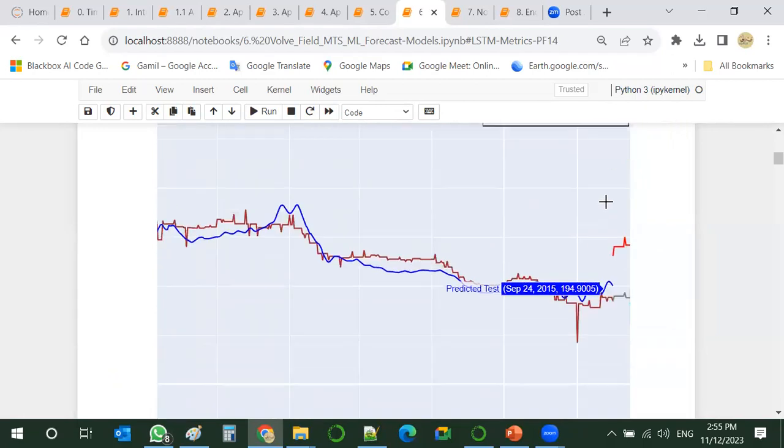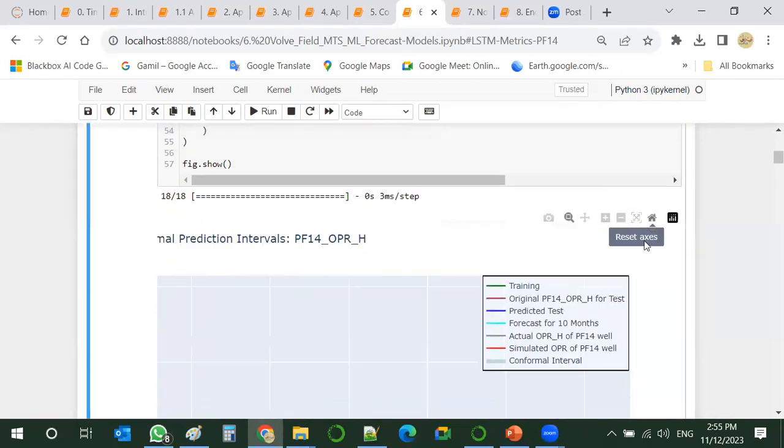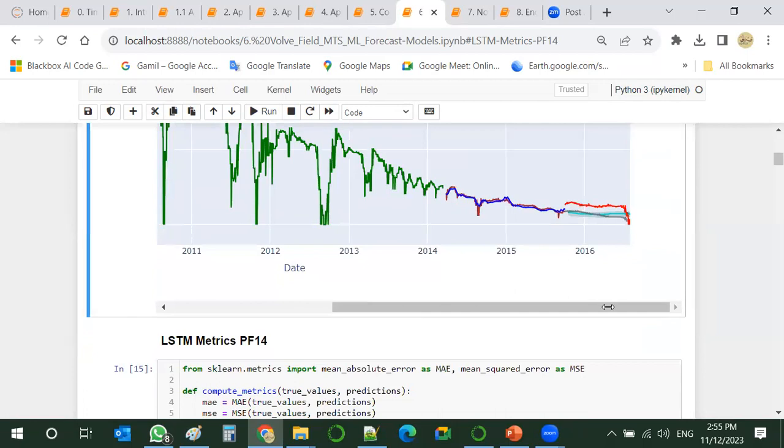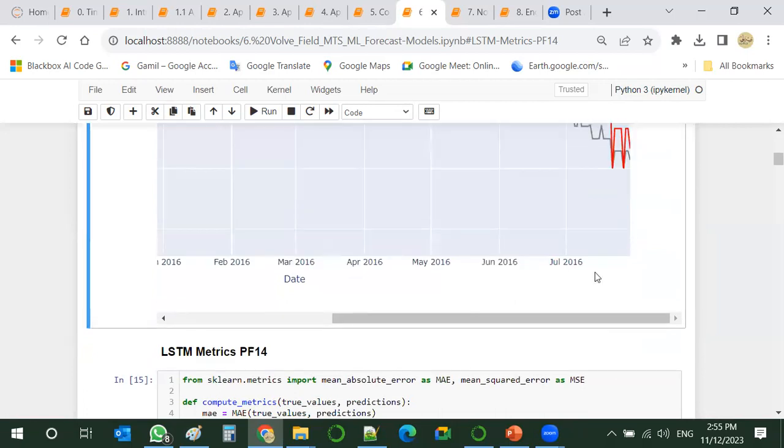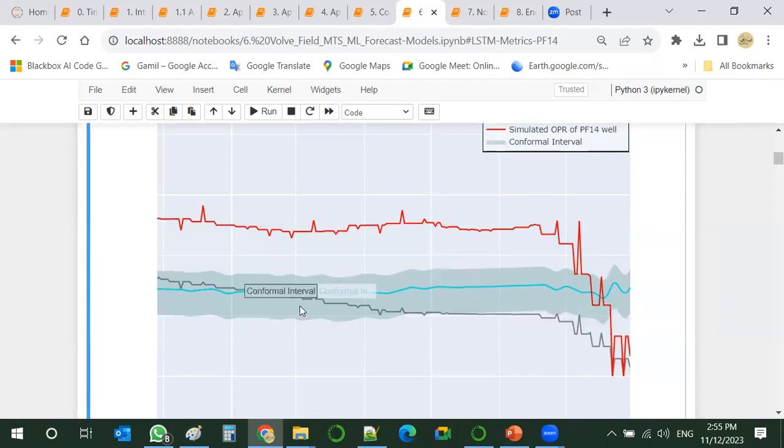Again, we can now see how it performs versus the original. This line in the middle here is the machine learning model. This one is extracted from the simulation model that is provided in the dataset.